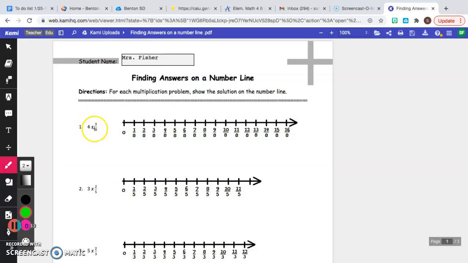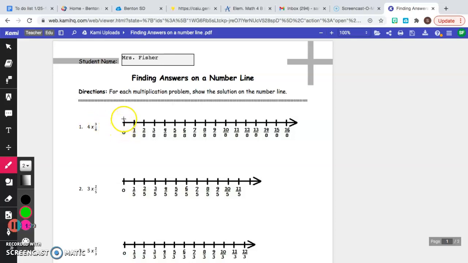If we look, it's 4 times 3/8. Our whole number is 4 and our fraction is 3/8. Let's review: our top number is called the numerator and our bottom number is called the denominator. On our number line, the denominator stays the same. You are only multiplying the whole number by the numerator. So let's look at this: 4 times 3. I know we are going to skip count by 3 and make 4